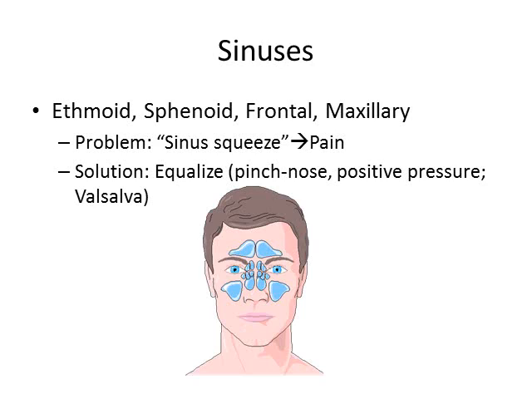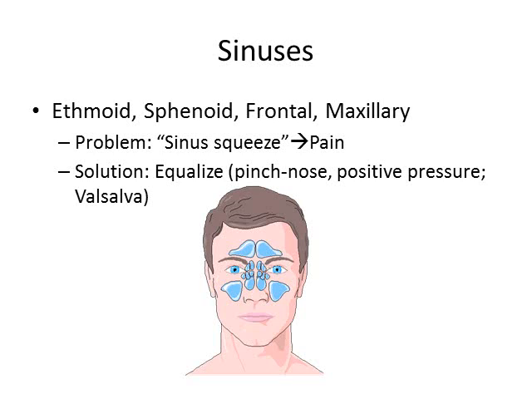In relation to the gastrointestinal tract, during descent there's very little change that will occur. In relation to the sinuses, there are 4 sinus cavities affected: the ethmoid, sphenoid, frontal, and maxillary sinuses. The problem is referred to as sinus squeeze, where the decrease in volume of the sinuses creates intense pain. The solution is quite simple, in which the diver will equalize by pinching their nose and essentially creating positive pressure,